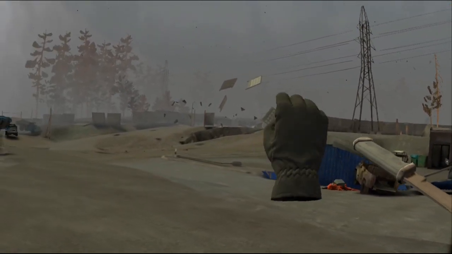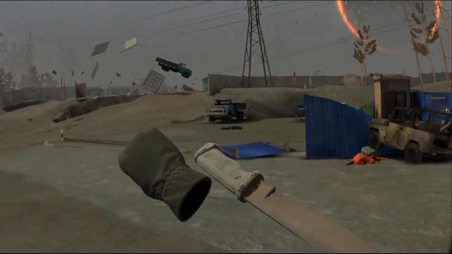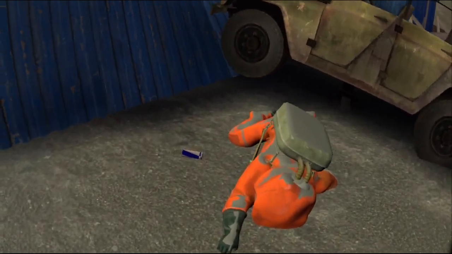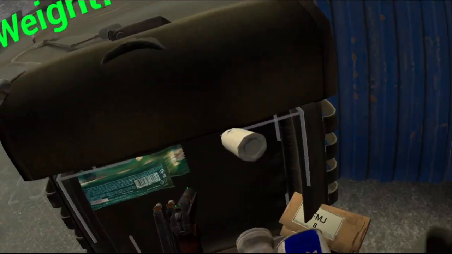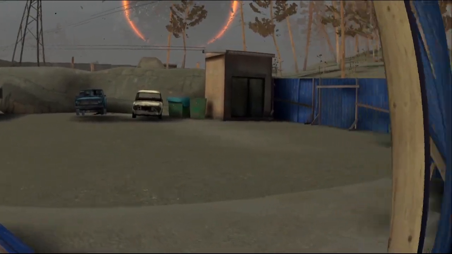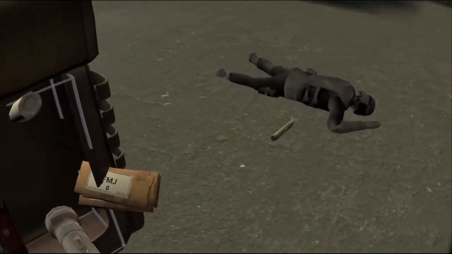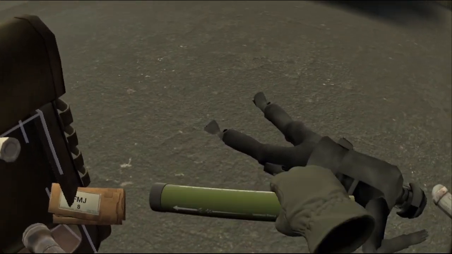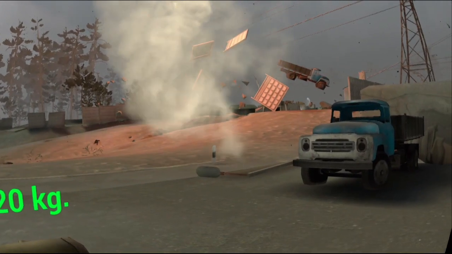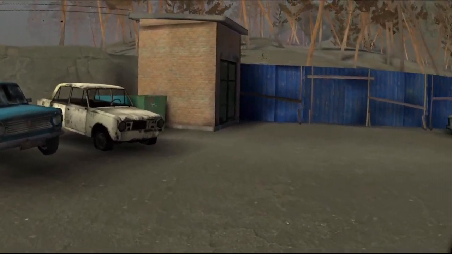Can't tell if it's up on the other side of that outpost or through the ravine in the middle. Here we've got a downed explorer with an energy drink. Downed explorer with a flare. Let's try that out actually. I never use flares